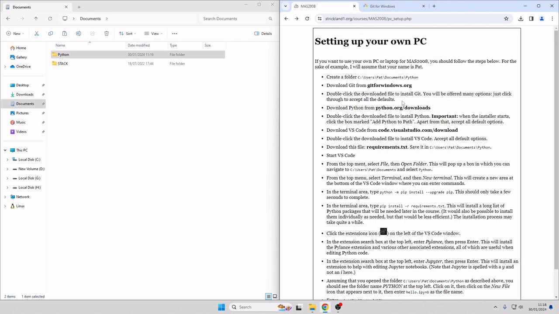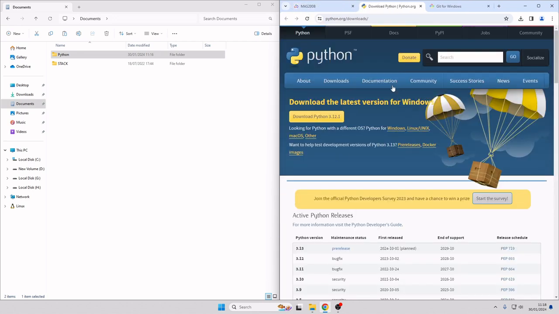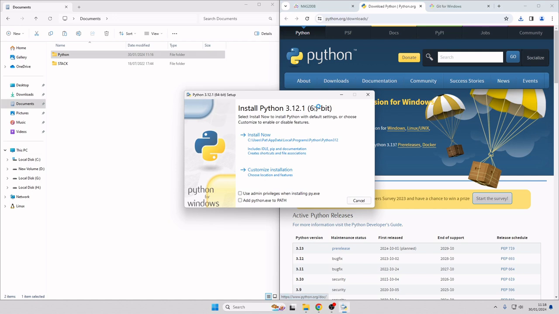Next we want to install Python. So again, we're just going to click the obvious button to get the obvious installer. Okay, so there's just one non-default thing we're going to do here. Down the bottom here you see there's this box that says add python.exe to path. So we're going to click that. Apart from that,